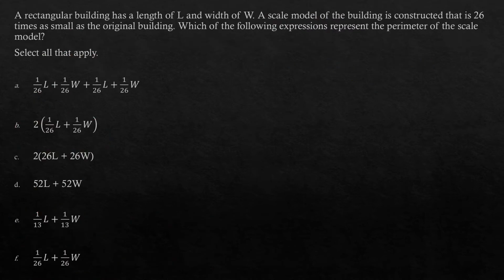Alright, a rectangular building has a length L and a width W. A scale model of the building is constructed that is 26 times smaller as the original building. Which of the following expressions represent the perimeter of the scale model? Select all that apply. Okay, well, remember when you are finding your perimeter, you have your length times 2 plus